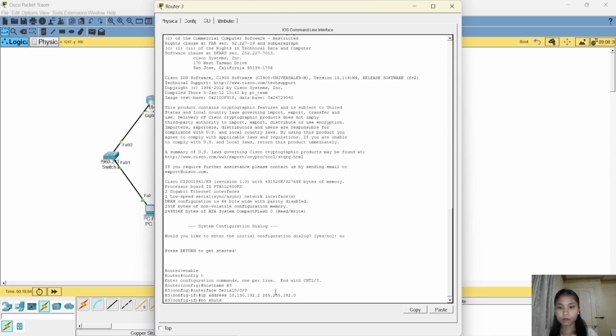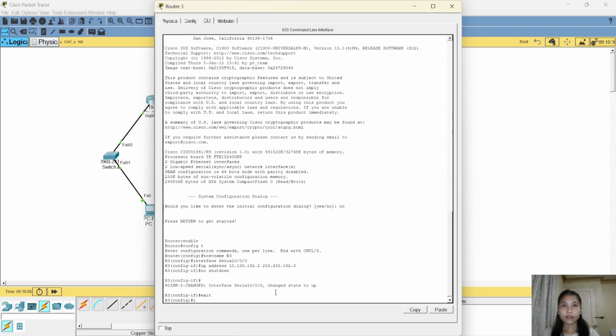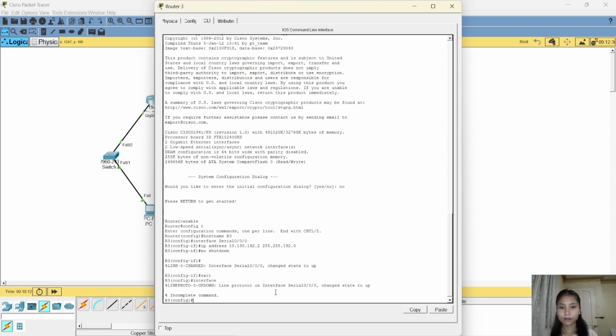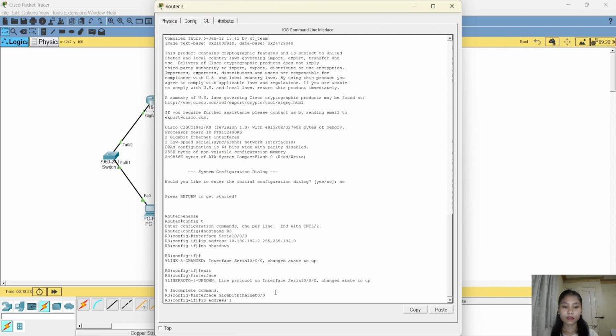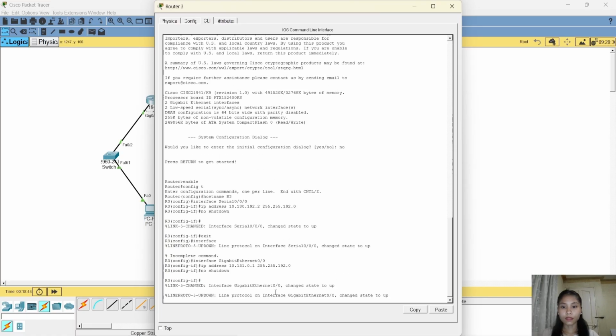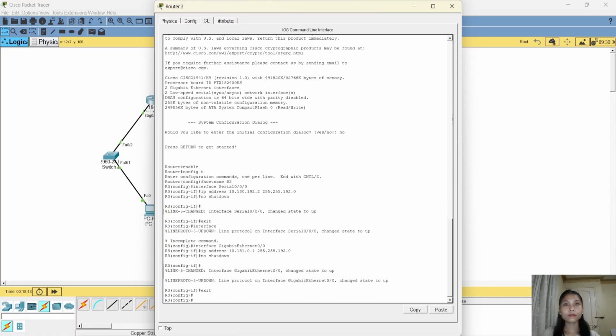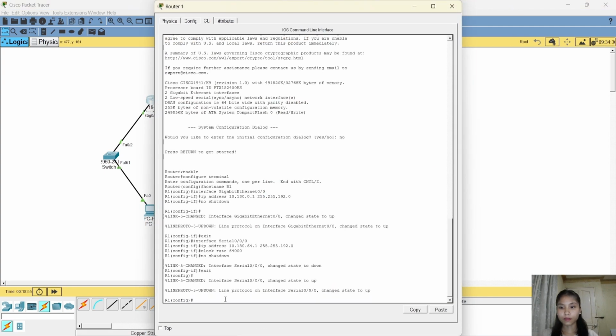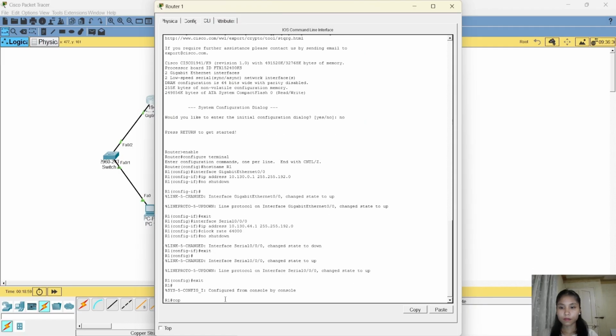then no shutdown, and then exit, and then interface gigabit Ethernet 0/0, IP address 10.131.0.1 255.255.192.0, and then no shutdown, and then exit. Now let's configure the PCs. But first, I'll just save this. So exit, copy running